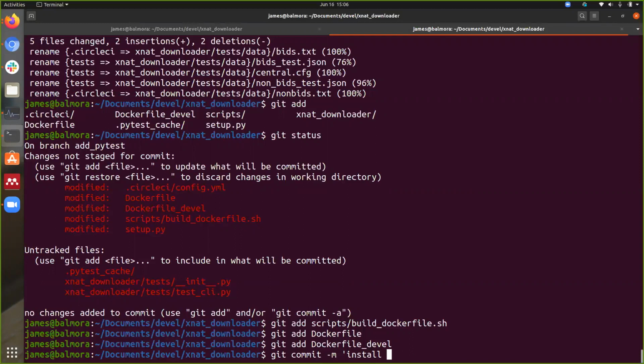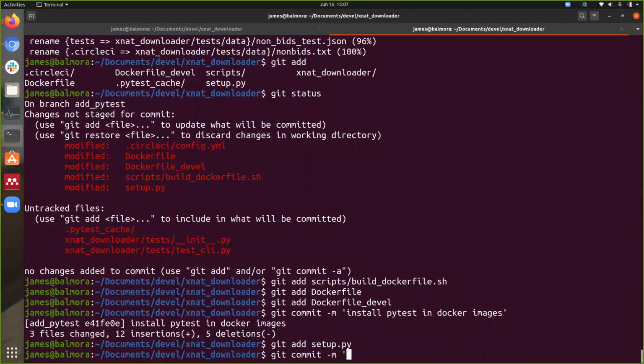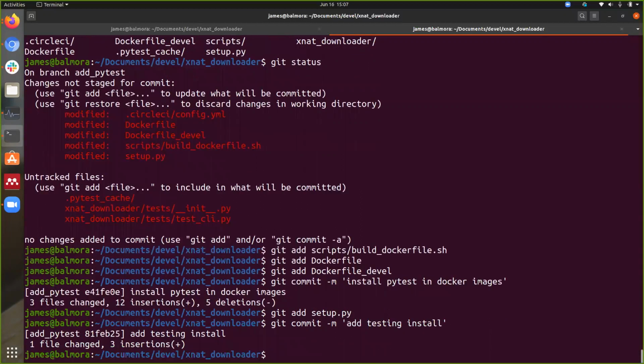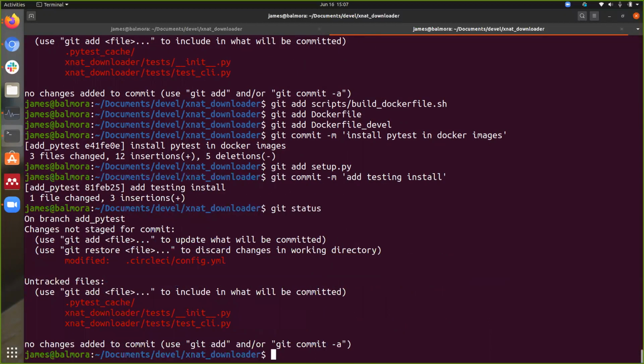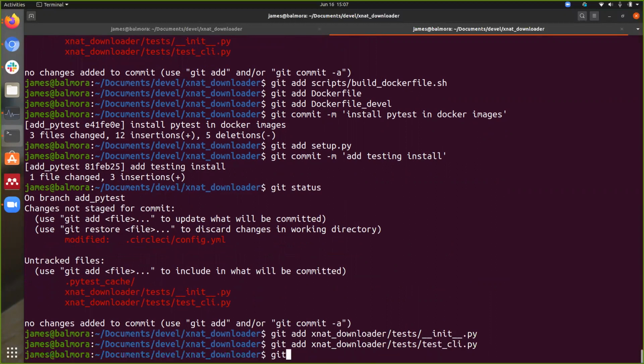Is it really just install pytest and Docker images? That's pretty much all I did. And git add setup.py, commit, add testing install. Okay. Say git status, config, okay. And git add xnet downloader tests init and test, git commit